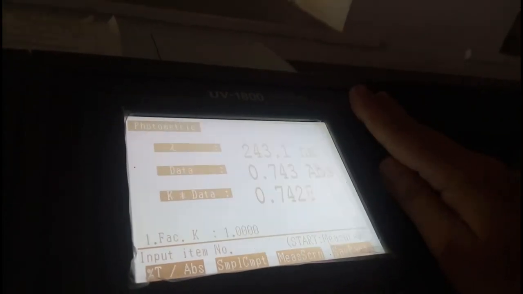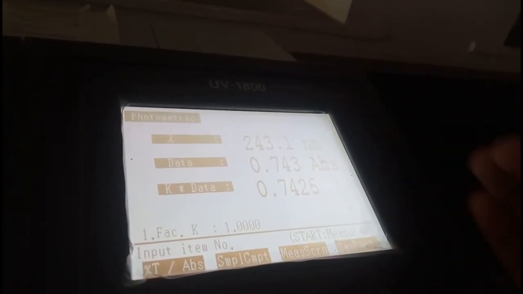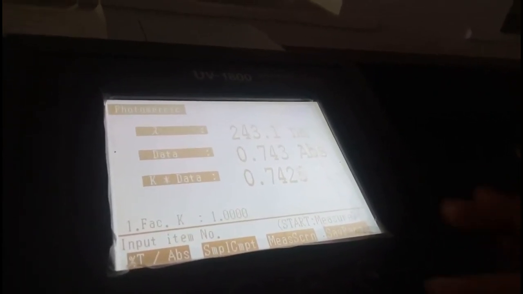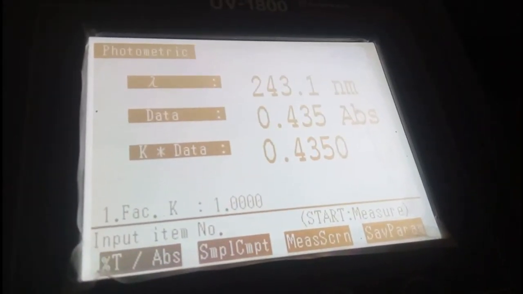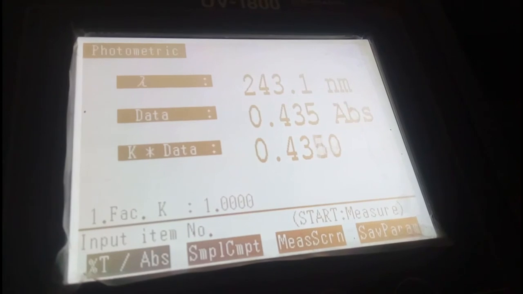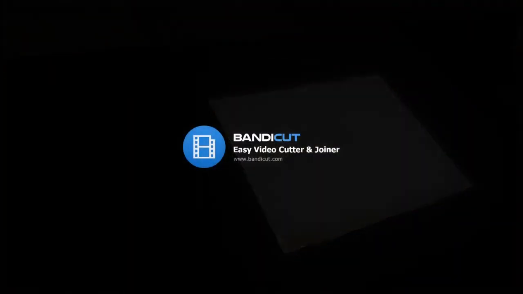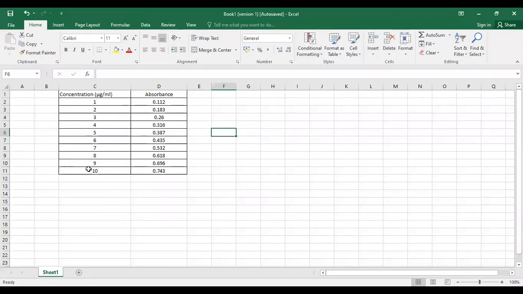Now the UV spectrophotometer is ready for taking the absorbance of the remaining concentrations. The reading of concentration 1 microgram per ml is 0.435 absorbance at 243.1 nanometer. Second sample, that is 20 microgram. The readings of